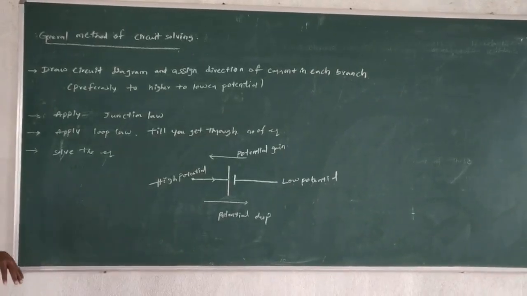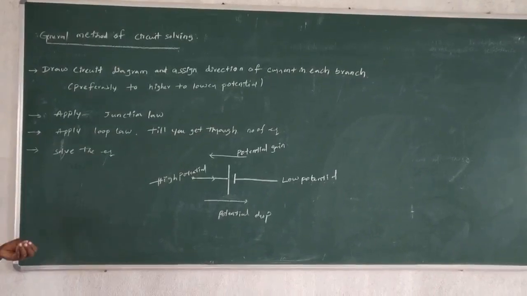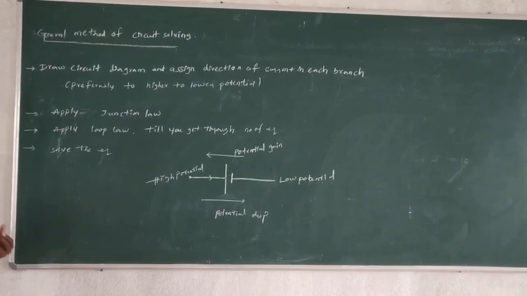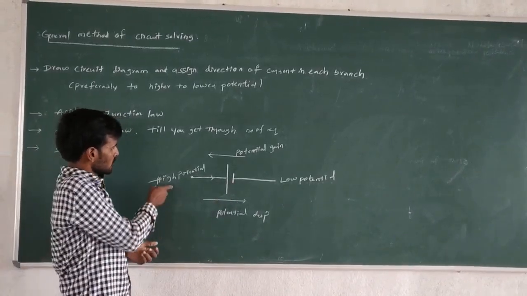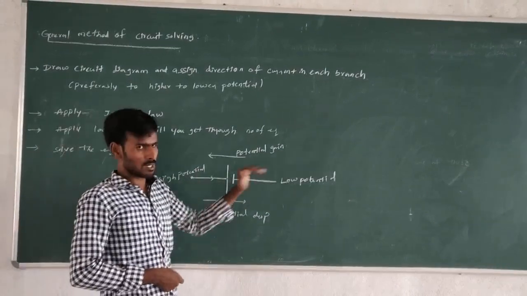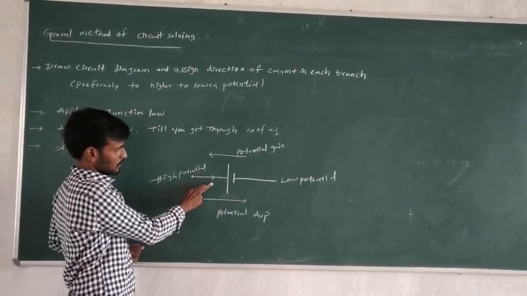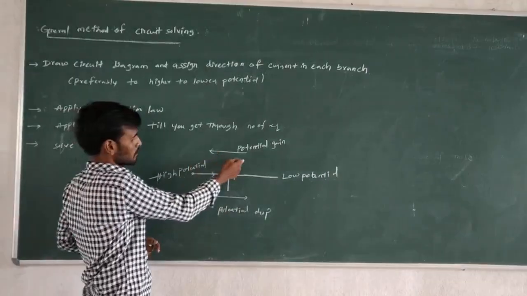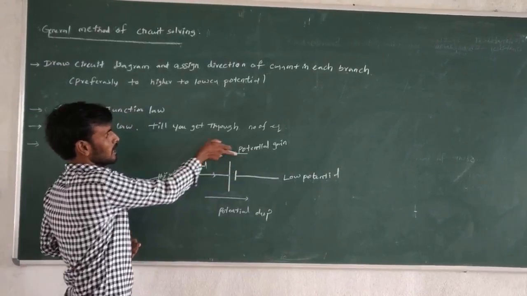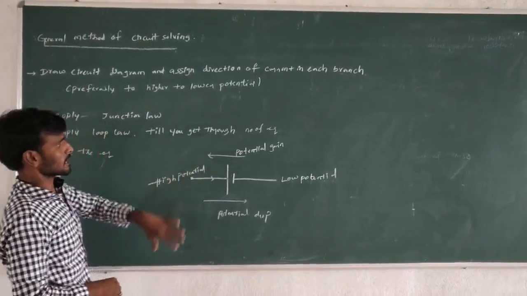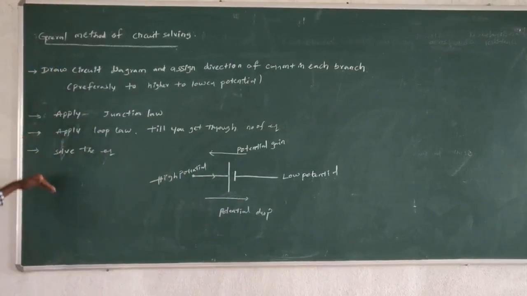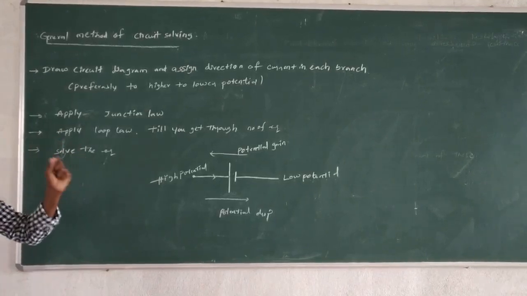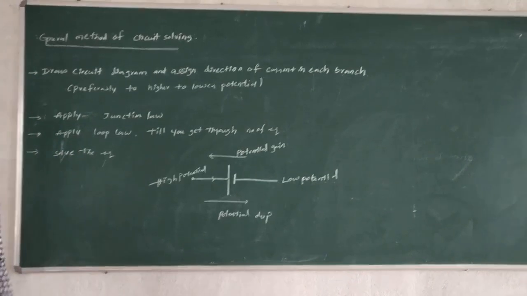Then you apply the junction law and loop law, so we will get a number of equations. Solving the equations, we get the currents. Suppose we take a battery: the first terminal is at high potential, the second terminal at low potential. Here the direction represents high potential to lower potential, so the potential drops. Here the direction represents low potential terminal to high potential terminal, so the potential is gained. Remember this point before solving the questions, and preferably give the direction from higher potential to lower potential.